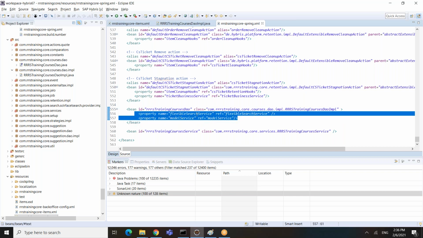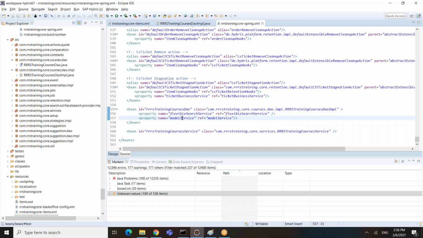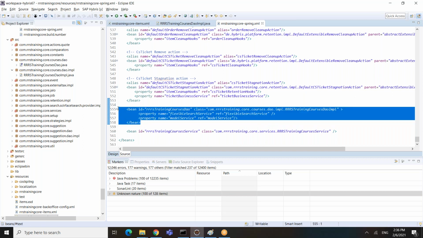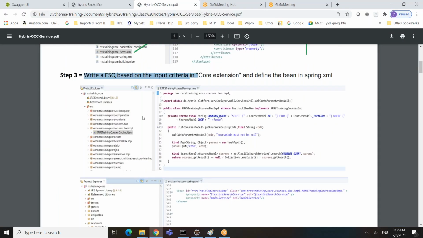One of them is flexible search service, another one is model service. So after you write the DAO, you need to define that DAO or that bean in spring.xml. That is what step 3 is. Now you're done writing a flexible query.